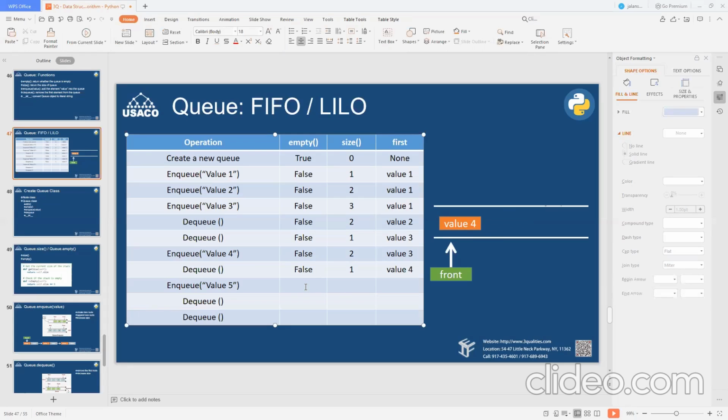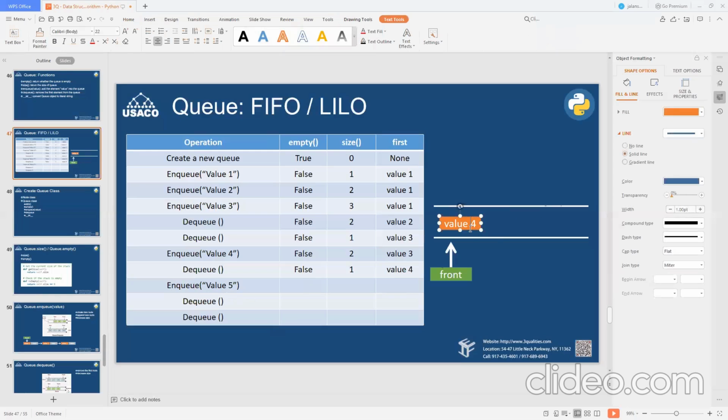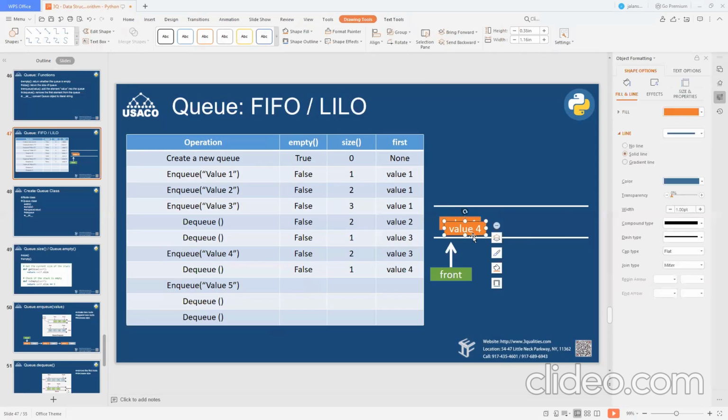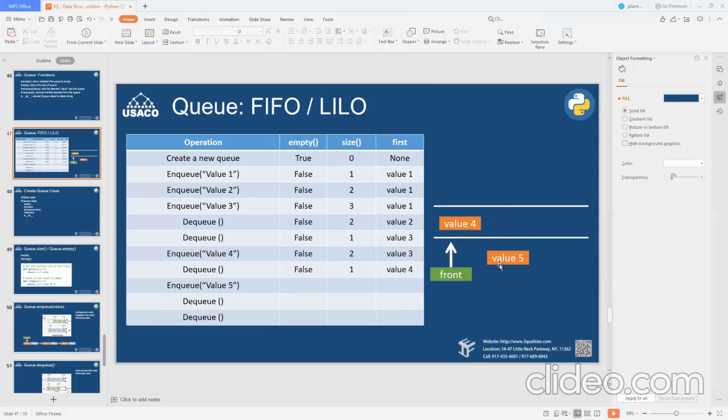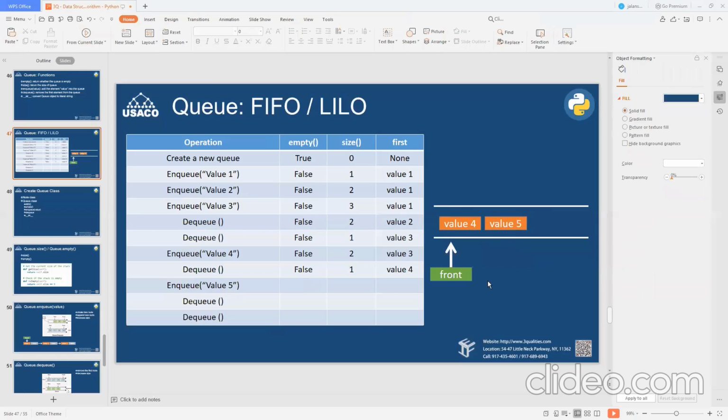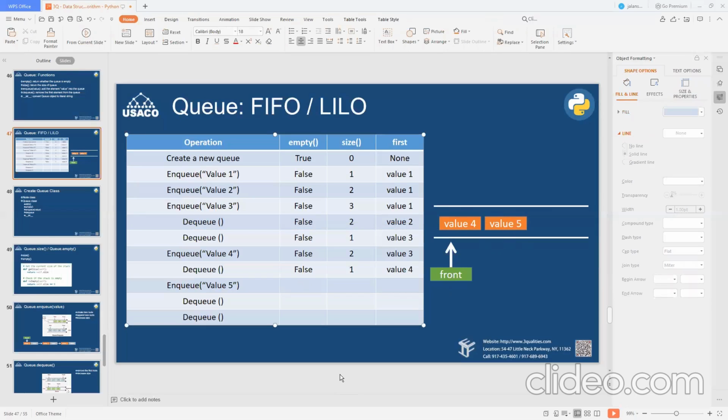Okay. Louis. Enqueue value 5. What happened? False. Now here, first of all, I need to add value 5. So value 5 will be added into the rear of the queue. Just like when you line up, someone comes, hey, go back to the end of the line. I go back here and insert it here. That's called enqueue. So tell me, Louis.